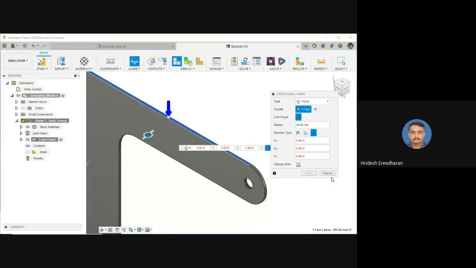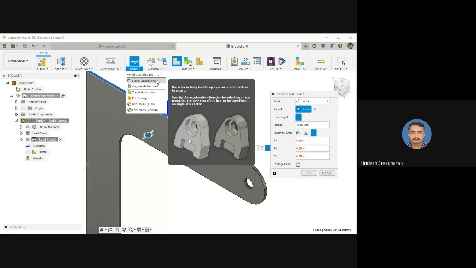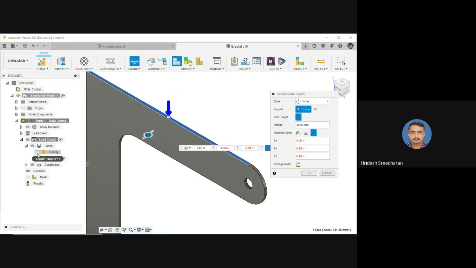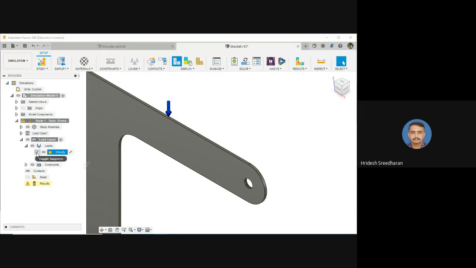Okay, so these are the two methods where you can change the loads. Other types of loads, if you go here, are linear global load. The acceleration amount you will also have to give, and you can give gravity also. If you come down here in loads, the gravity is now off. If you check it on, then the gravity load will also be applied along with this applied load. So these are the changes which you can do while working on the loads. Then you can also define the point mass.